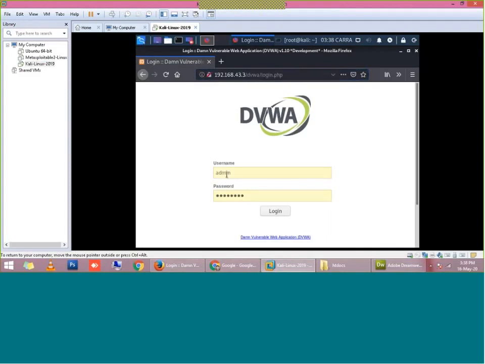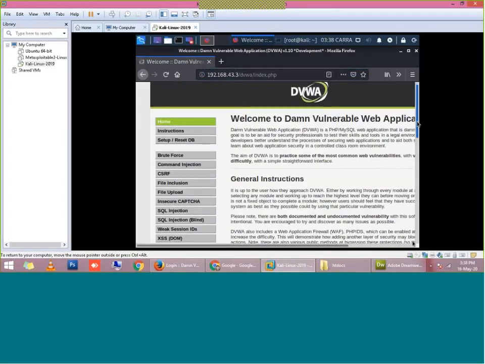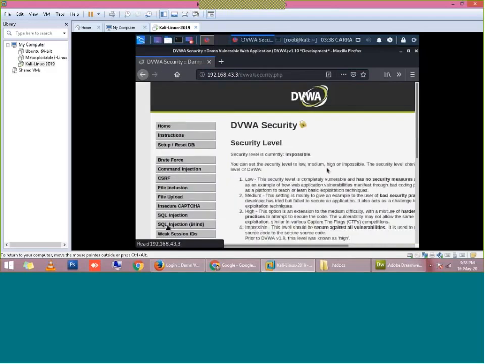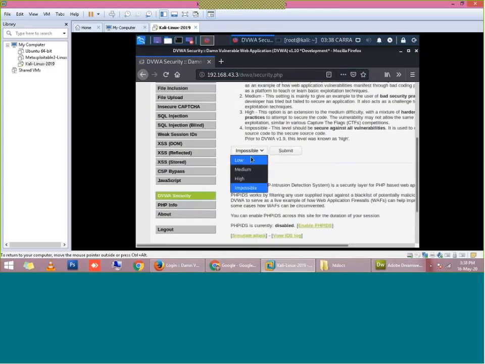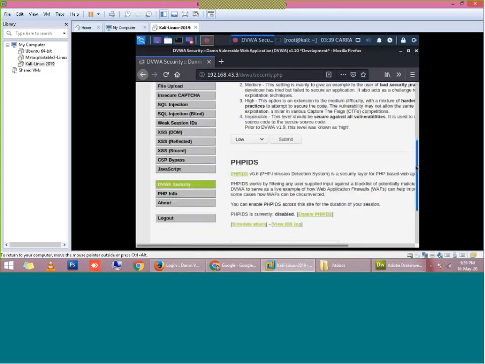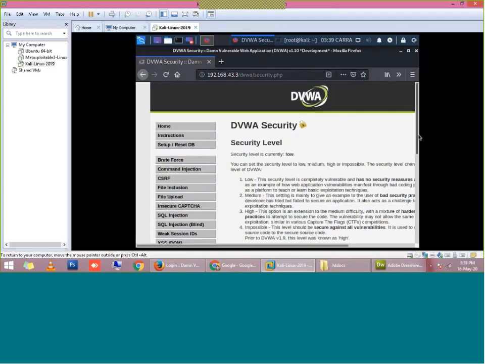So what I will do, I will just try to log in. I am inside this login area. First I will set this security level to low. After setting it to low, whatever I perform from the attacker side, I am accessing the victim site, the web application which is running on the victim web server. So I am accessing that website while sitting on a different machine, right? I have set this security to low level.